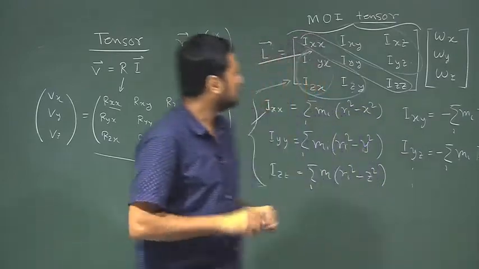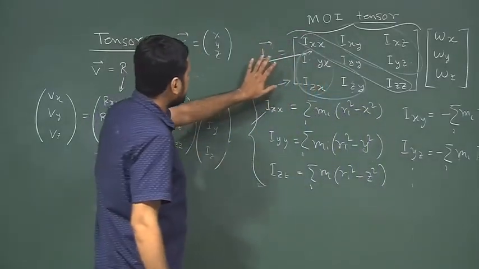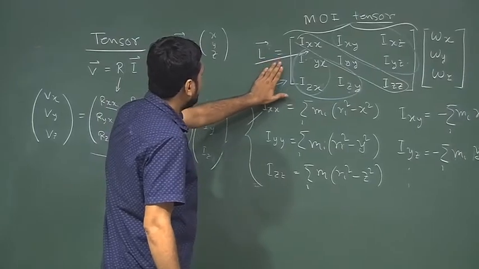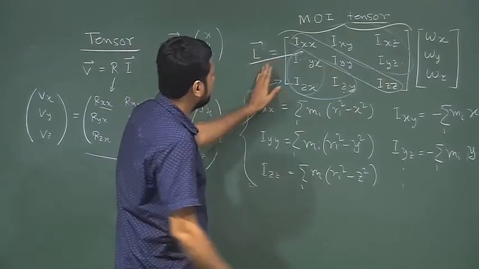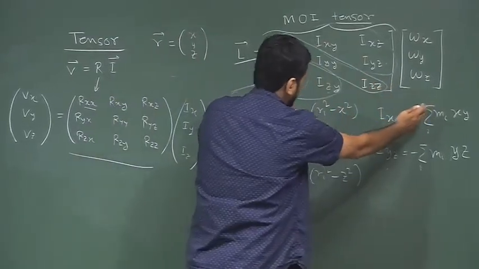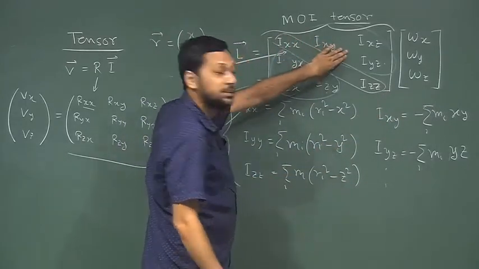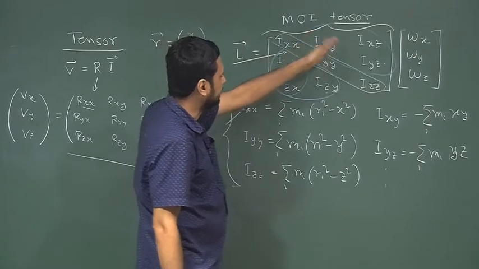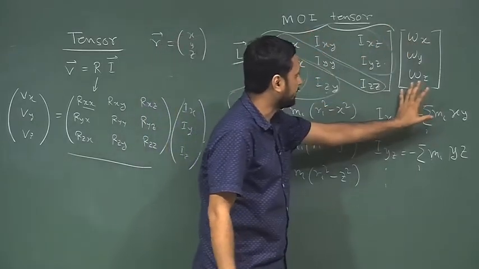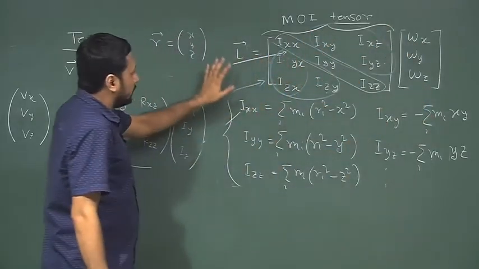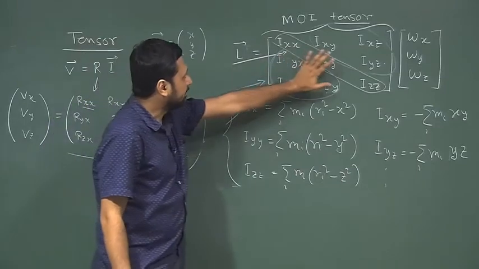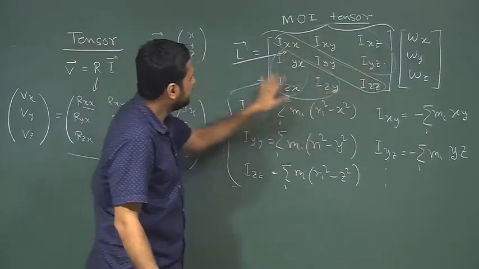Similarly, coming back to this, the angular momentum is represented by a tensor equation, or basically a matrix equation. We have a moment of inertia matrix or moment of inertia tensor, and we have this angular momentum. Now, this tells us, if I know this moment of inertia tensor,